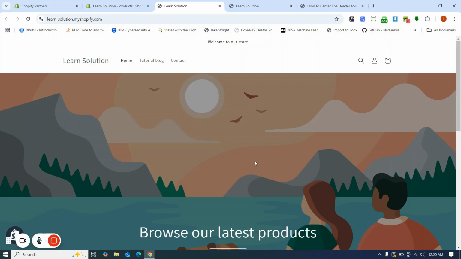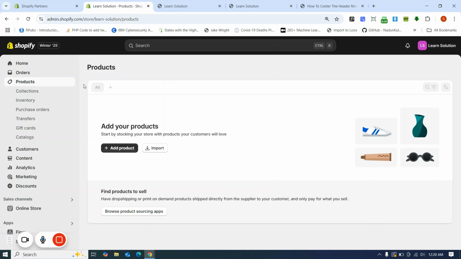Hey, hello everyone. In this video, I'm going to share how to center the header menu position in your Shopify Dawn theme. Here you can see it's left aligned right now, and we will make this centered aligned like this. So for this, we need to log into your store, and here I'm in my product page, and from